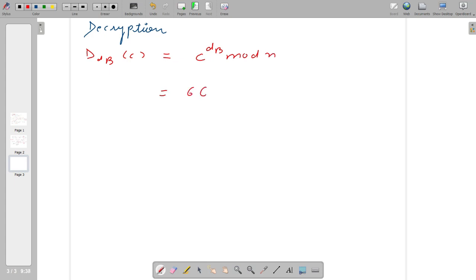C is 66, d is 77, so 66 to the power 77 mod n, so it is mod n, so it comes out to be